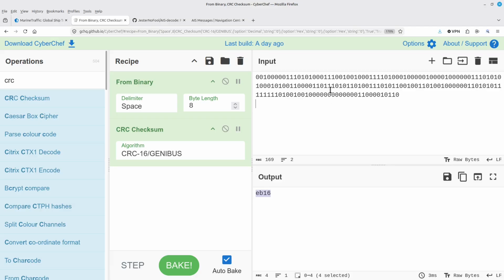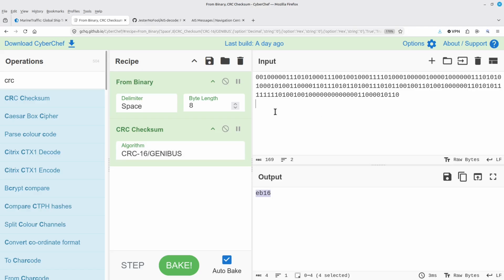That means that you've got good data. The way that the AIS system works, if you do not have a good data set, in other words, if it does not pass CRC, it just throws that transmission away. It ignores it completely. Doesn't try to do anything with it. There is no forward error correction. There is no other mechanism other than to throw it away and just wait for the next one to come in. CRC is a whole topic in and of itself. I'm not going to go any further into it than this.